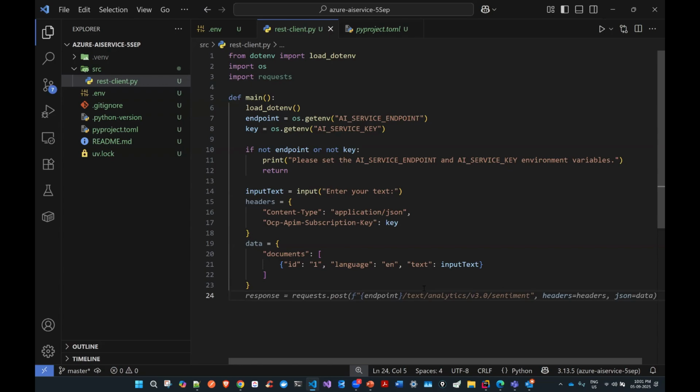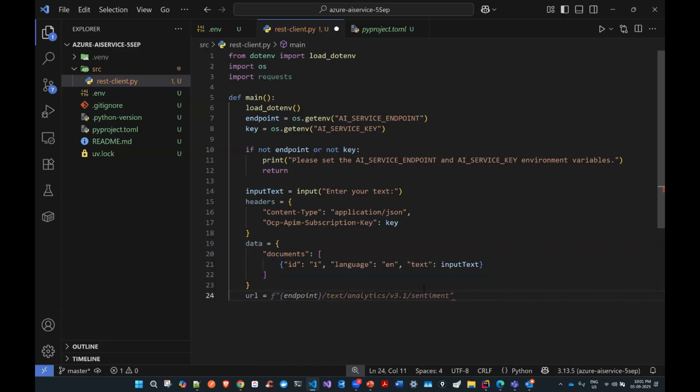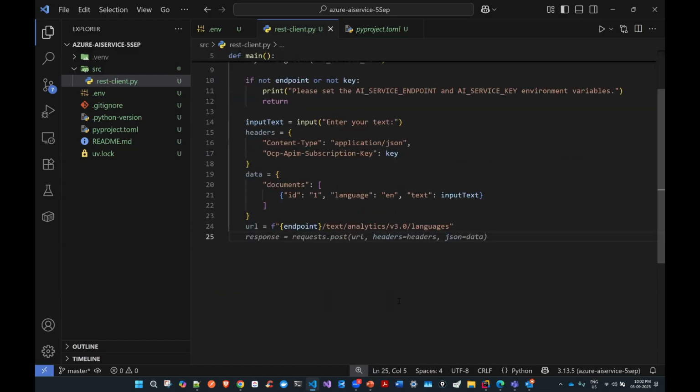Okay. So here I'm just creating the input text. We have header, we have the data over there. Now let me create the URL for it. So now let me define an endpoint where I'm going to analyze the language. So we have the languages to analyze. The version number is, let's say, 3.0 I'm taking here. So we are doing the text analysis. This is a text analysis I'm doing here for the version number 3.0.